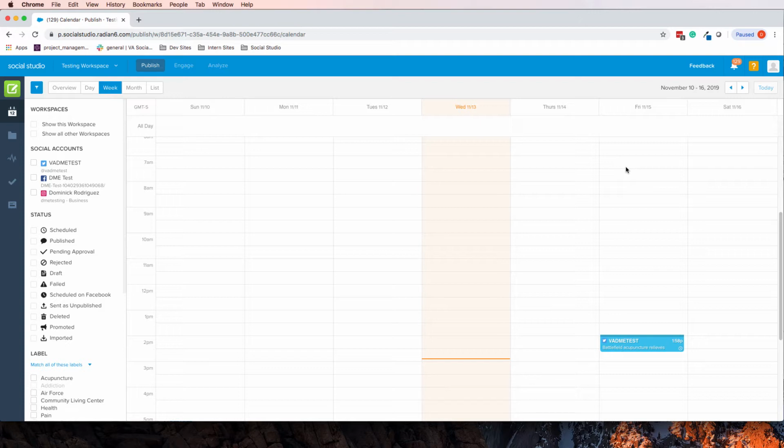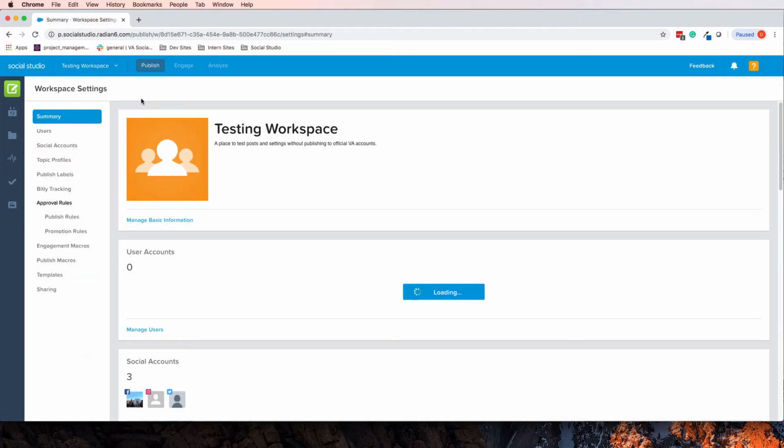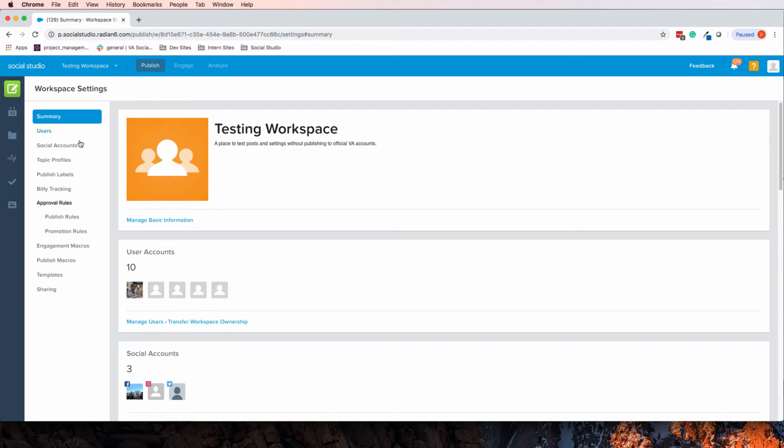In this video we are going to talk about how to control the permissions that users have in your workspace. In order to control permissions for users, we need to go into the Workspace Settings. So we'll click that little gear icon right there, and then we go into Users,